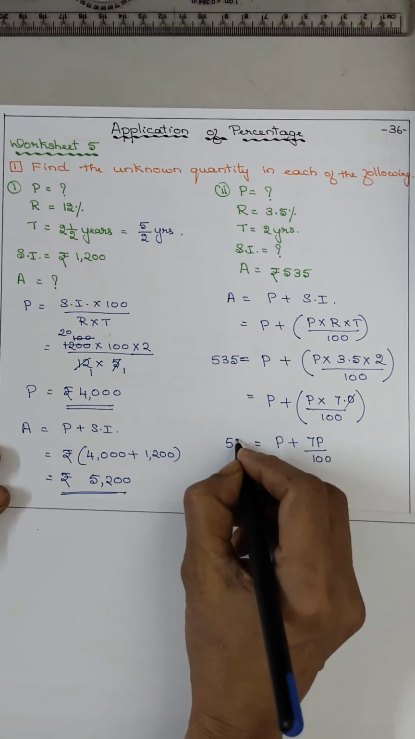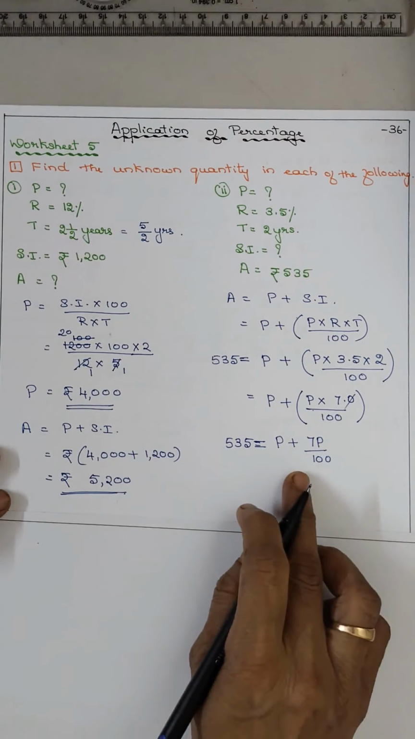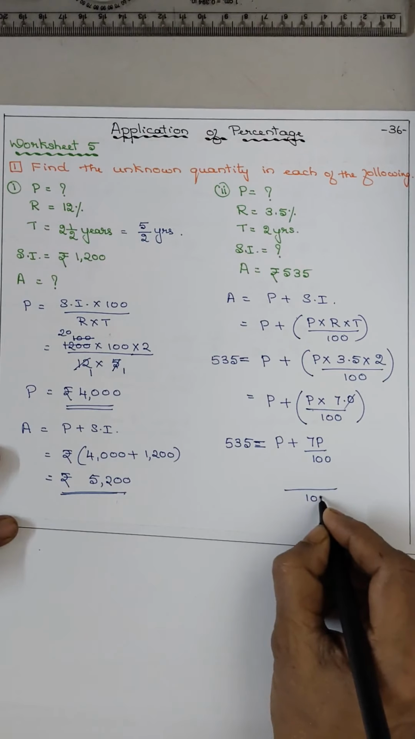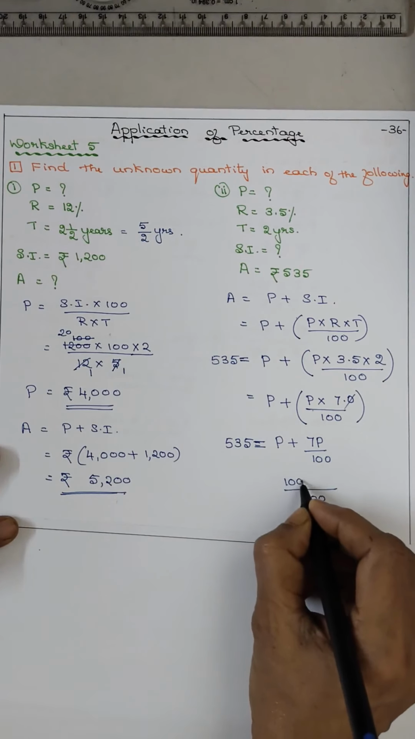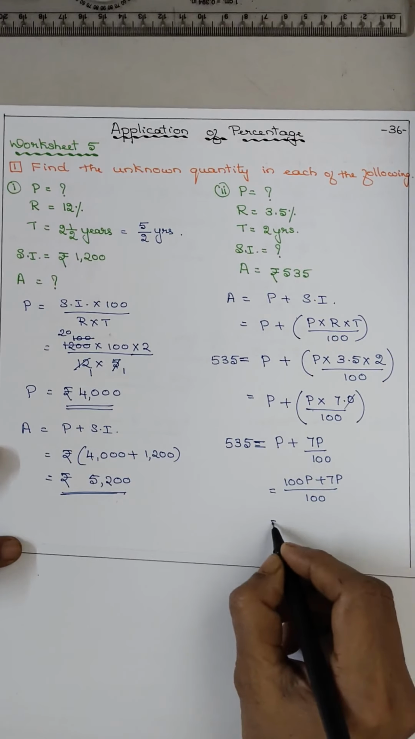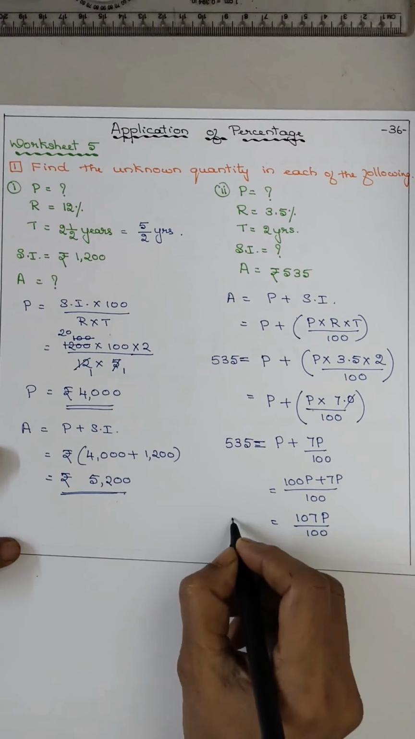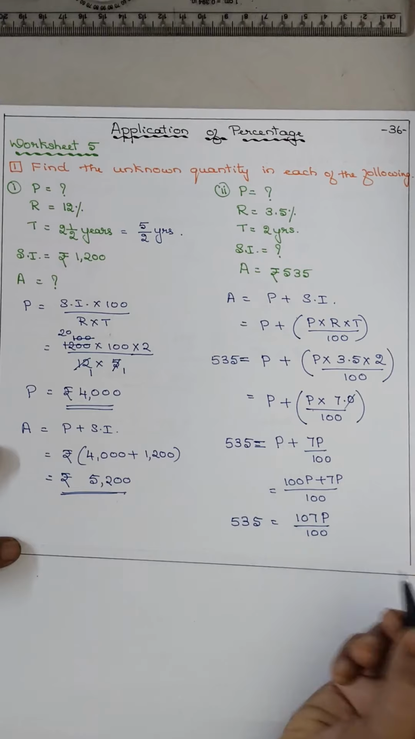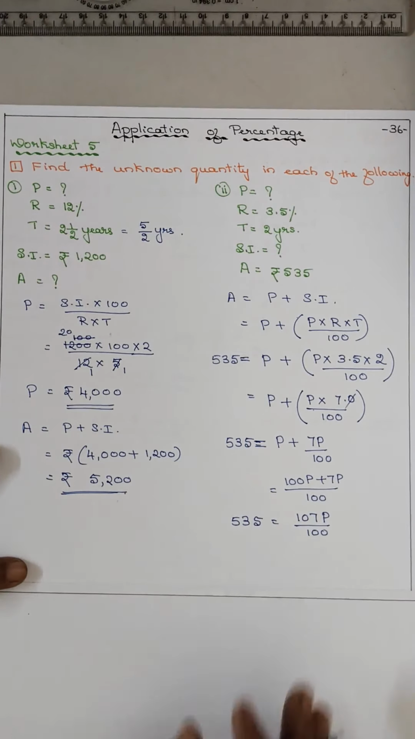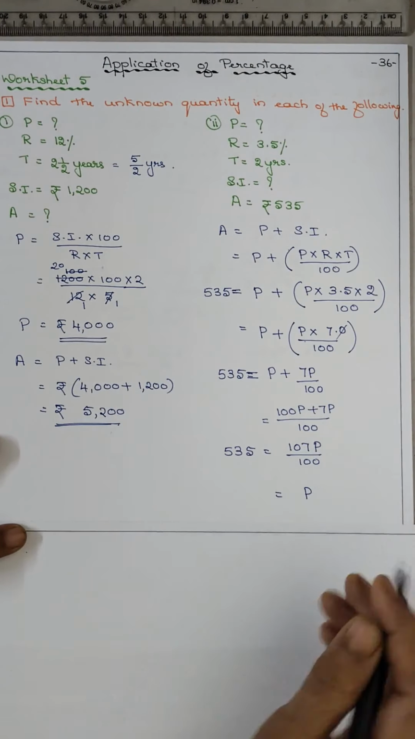So you got 535 is equal to so much. So it is an LCM we have to take. So if we take 100, here it will come 100P plus 7P. That means it is 107P upon 100. 535 continues the same, I am not writing 535 again and again. Okay. Now P is equal to